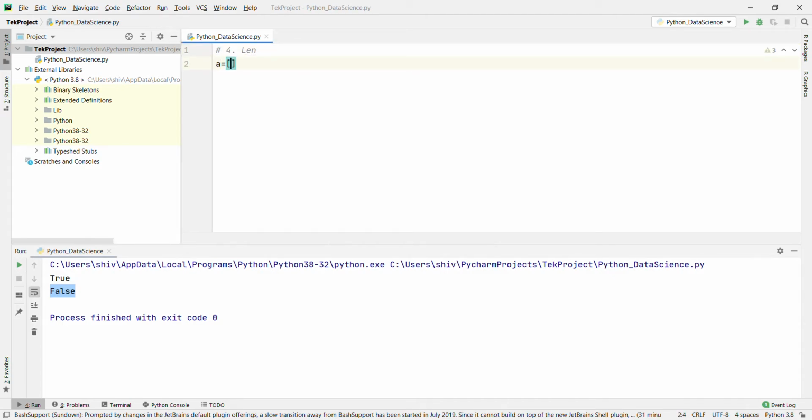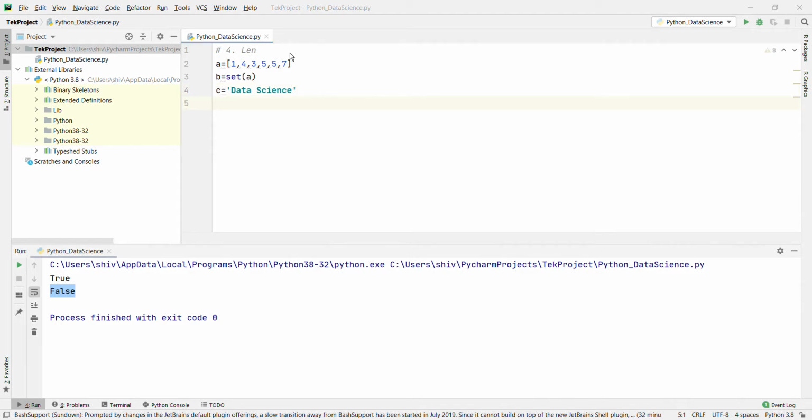A equal to, in a list, we can see 1, 4, 3, 5, 7. B equal to set of A, and C equal to data science.